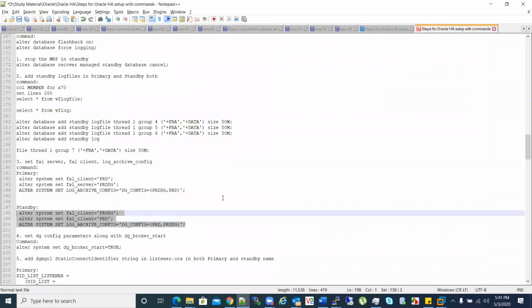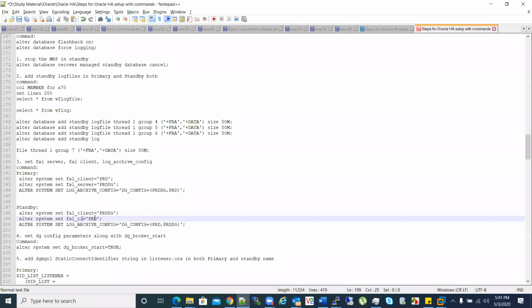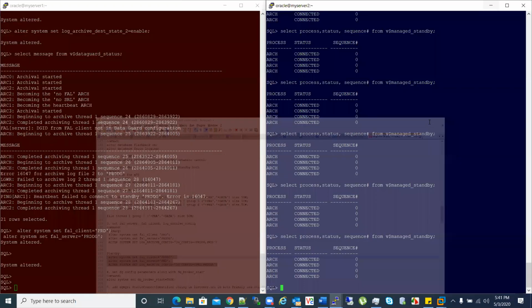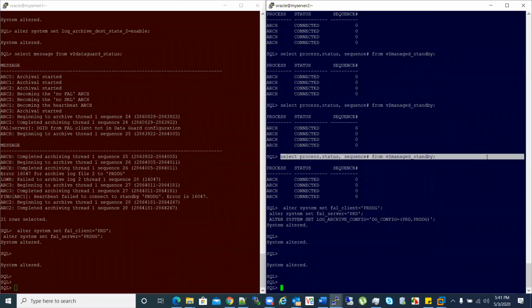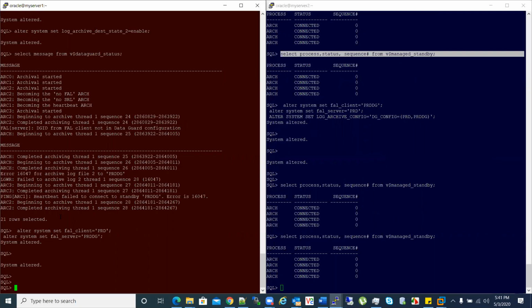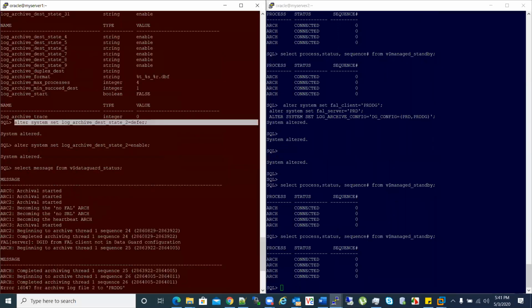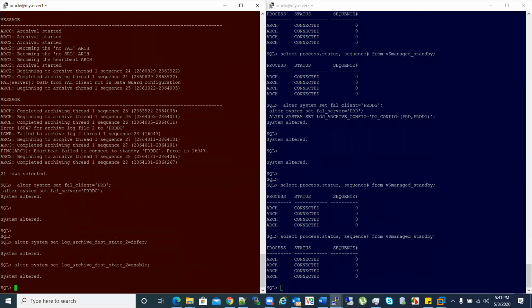Different. Fal client, fal server in standby as well. Defer and enable.